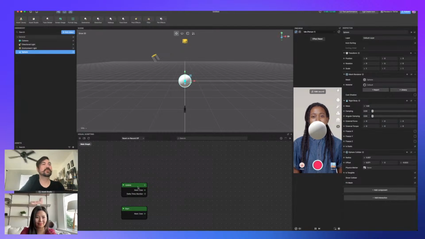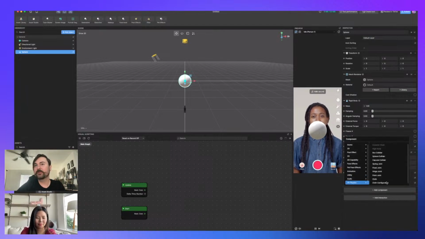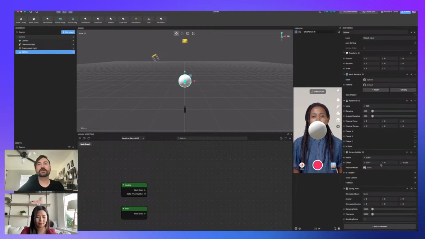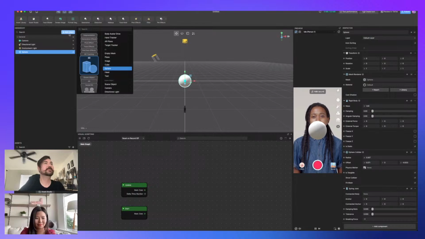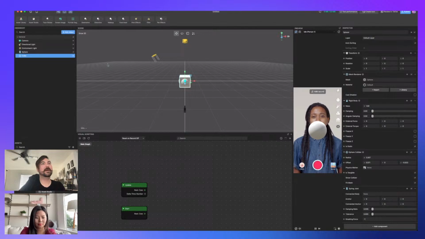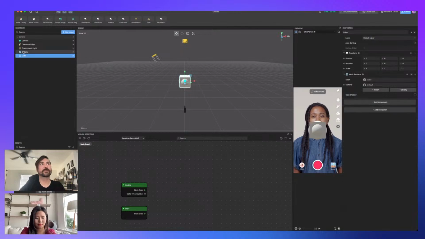So let's see. What we basically want to create is some spring physics. That might introduce the idea that maybe our spring joint could potentially be useful here. Let's try to make part of the tool do the work for us. It might not be perfect for our exact example, but I'll give it a try.